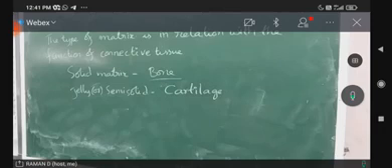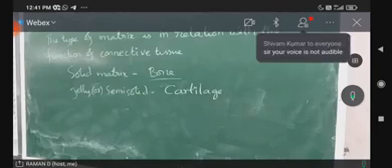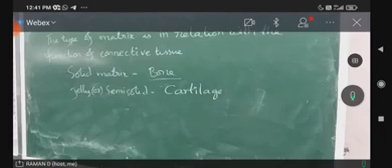And cartilage is present in our trachea, that is windpipe, in our nose, in our ear, where mechanical flexibility is needed, because ears have to receive the vibrations of the sound. They need to be flexible enough in order to receive the vibrations. If only bone is present there, they cannot receive. Bone is rigid. If solid matrix is there, because it is rigid, it cannot receive the sound vibration.